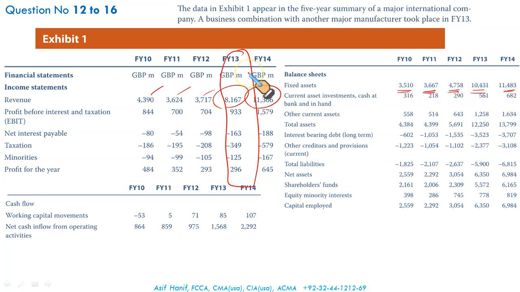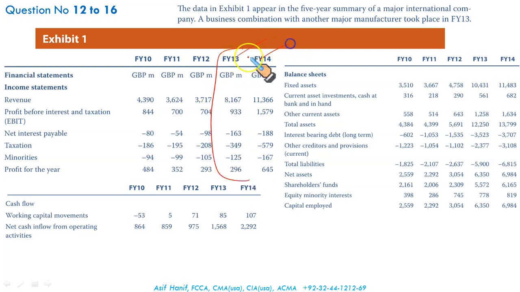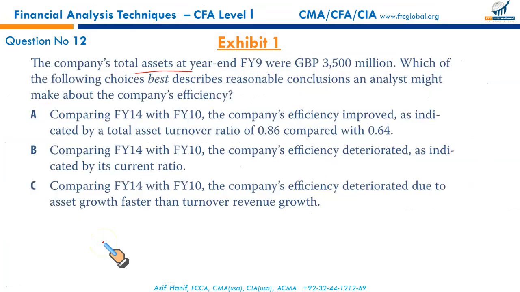So this makes sense. The numbers are authentic; there is a business combination 13 onwards. And we have been given the revenue, EBIT, taxation, minority interest. It's a consolidated business. Profit for the year, we have been given balance sheet, fixed assets, and all the information given. We'll see what exactly do we need. And they've been given also cash flows and working capital movements. All right, what exactly do we need?